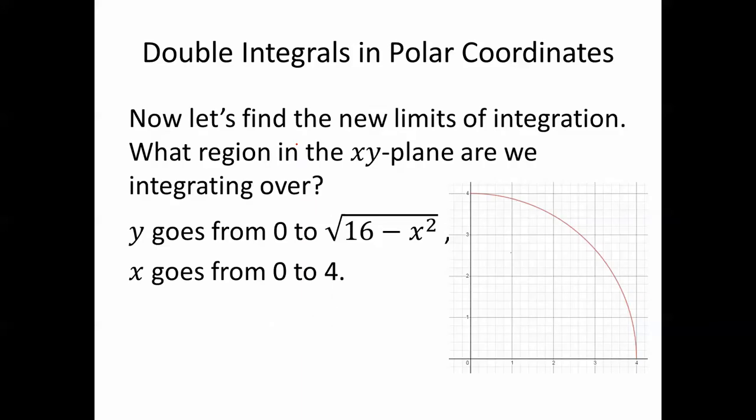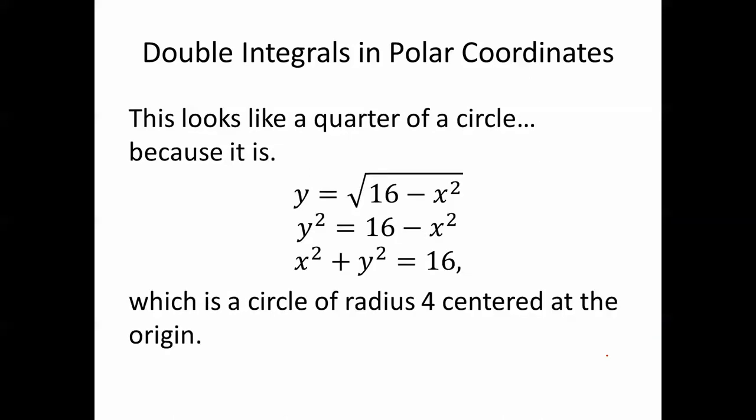Now let's find the new limits of integration. What region in the xy plane are we integrating over? y goes from 0 to square root of 16 minus x squared, and x goes from 0 to 4. So this is the region we're integrating over. This looks like a quarter of a circle, because it is. y equals square root of 16 minus x squared is y squared equals 16 minus x squared, in other words, x squared plus y squared equals 16, which is a circle of radius 4 centered at